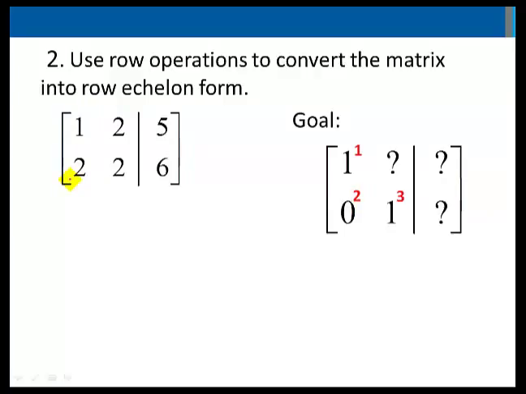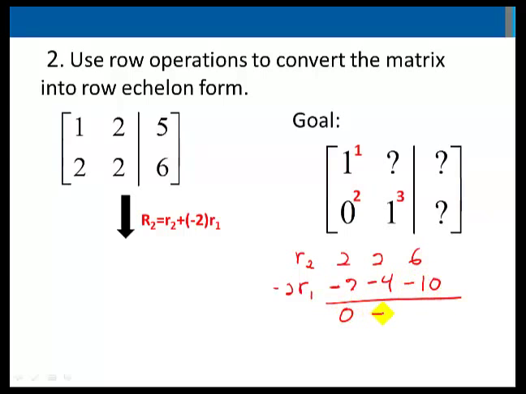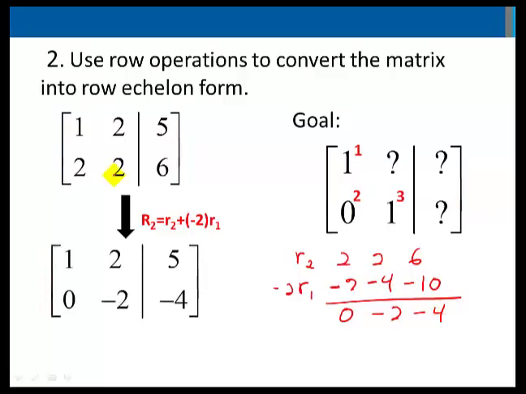So to get a 0 in row 2, column 1, I will take my old row 2 and add to it negative 2 times row 1. That will give me a 0 here. So let's see. I have row 2, which is 2, 2, 6. If I take negative 2 times row 1, that will be negative 2, negative 4, negative 10. I'll add these together and get 0, negative 2, negative